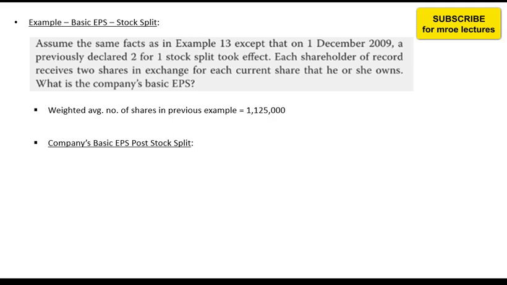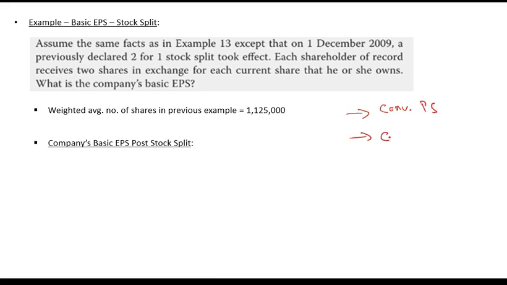Another company may have some convertible preferred stock. What is convertible preferred stock? It is those preferred shares which are convertible into common shares at some point in future. Another company may have stock options. What are stock options? Stock options are options given to employees which can be exercised by employees to buy the common shares. So there can be three broad scenarios. One is convertible preferred stock, other is convertible loan or convertible bond, and next is employee stock options.